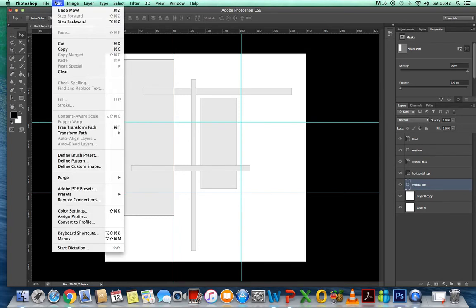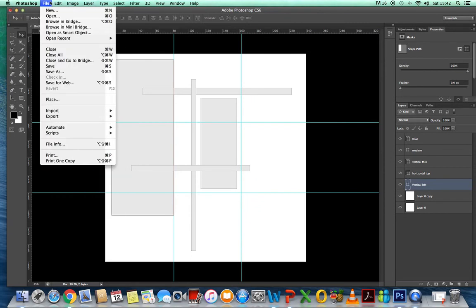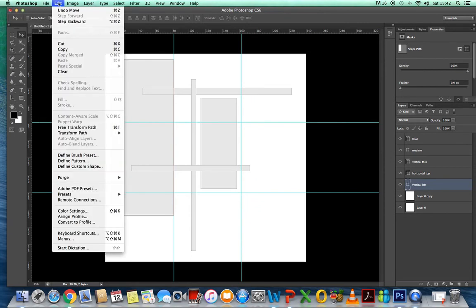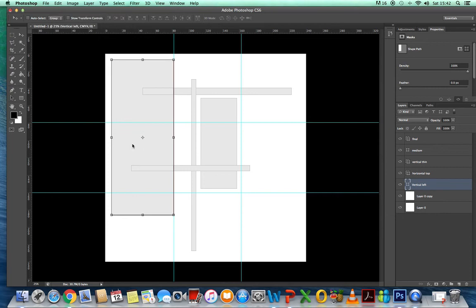And if I go to edit, no, sorry, if I go to edit and transform path and scale, I can make it smaller. Now at the minute I can stretch it and transform it to any size, but if you like